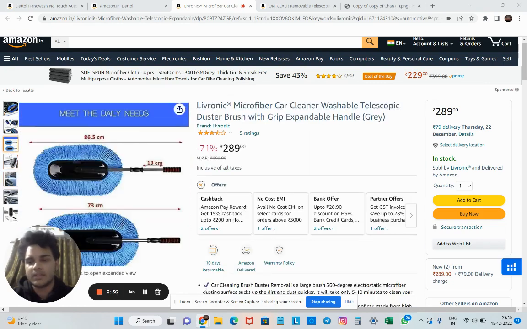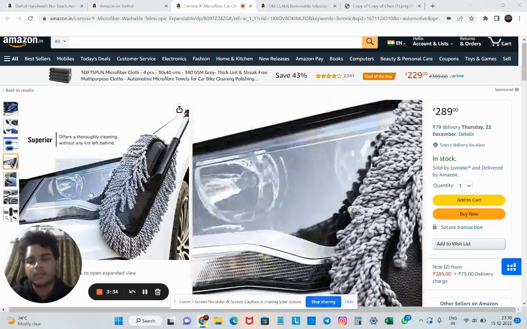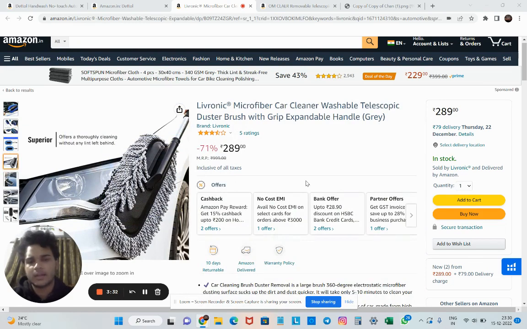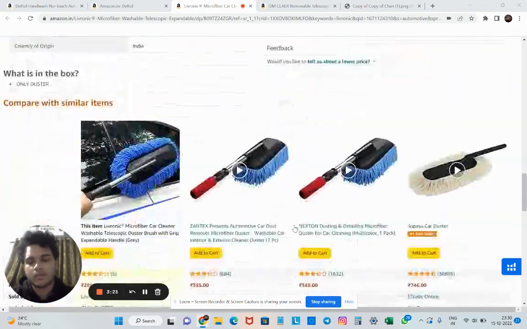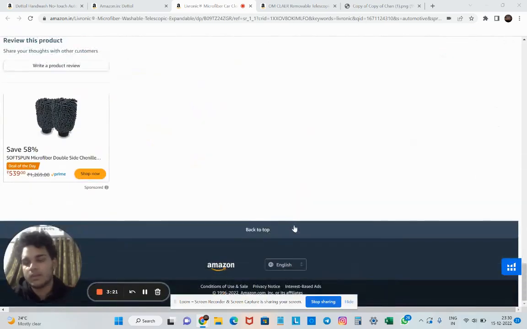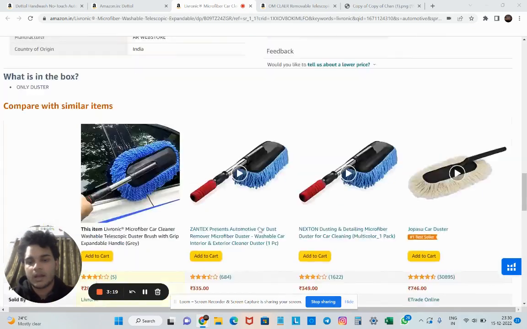These are the basic images, but we want the infographic images to look like a 3D picture. Those images will be of a little higher quality, and that will increase the conversion rate as well. Coming after that, scrolling down, we can see that you haven't used the A plus content,